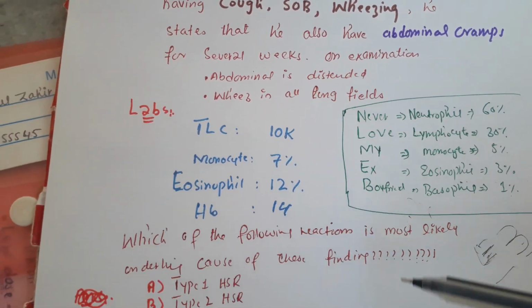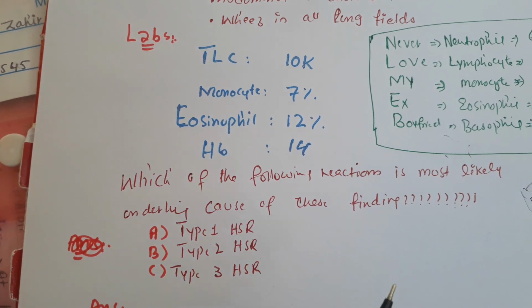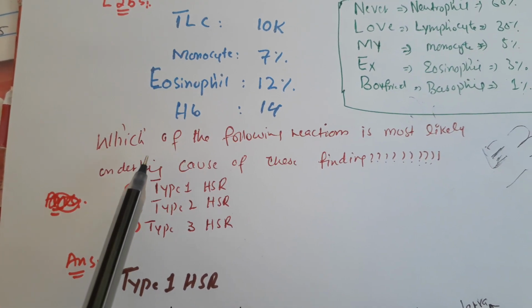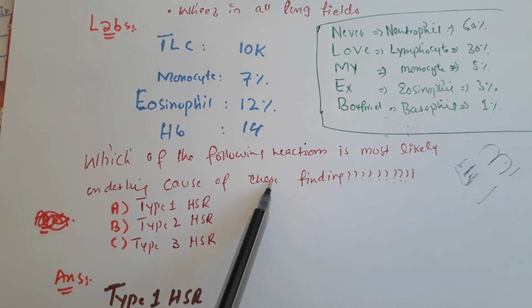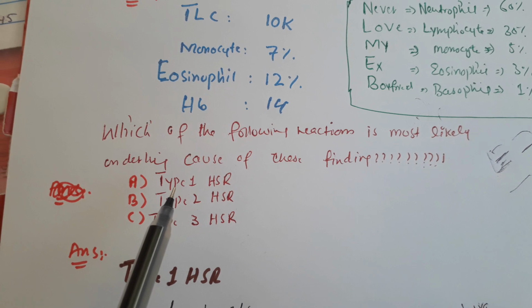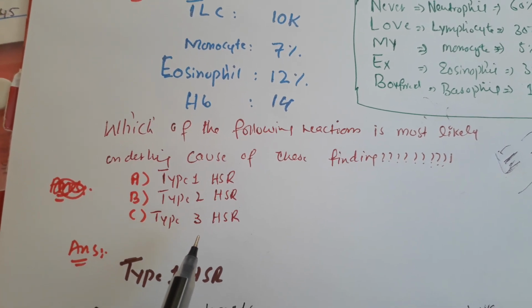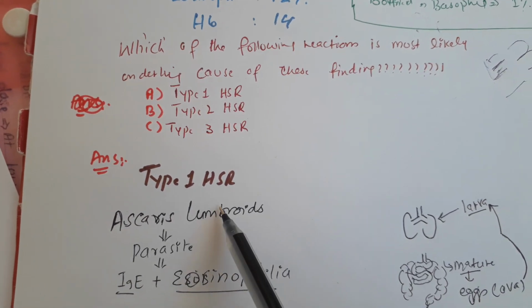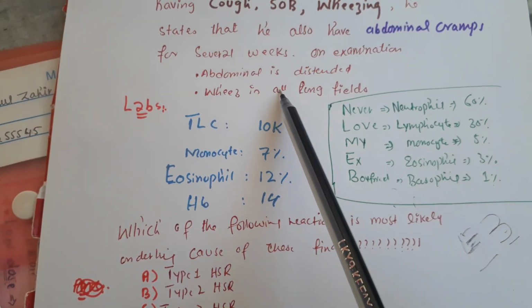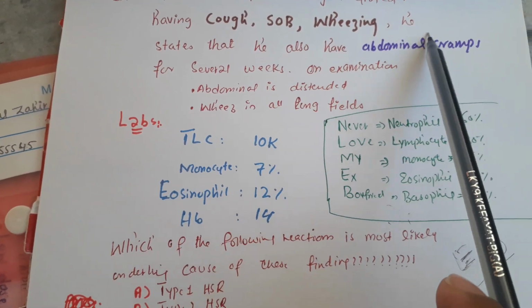And which parasite is it going to be? The one that involves the abdomen most commonly. Now they ask which of the following reactions is the most likely underlying cause of this finding. They give us MCQs: type 1 hypersensitivity reaction, type 2, type 3, type 4. The answer is type 1 hypersensitivity reaction, because Ascaris lumbricoides is related to abdominal cramps in the